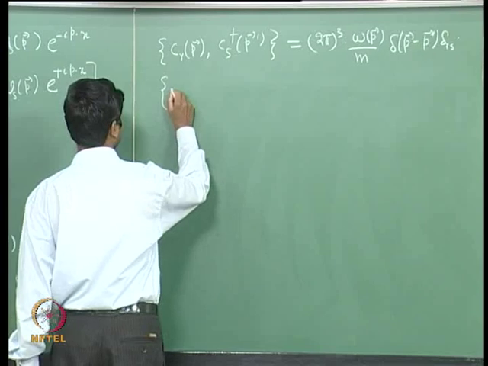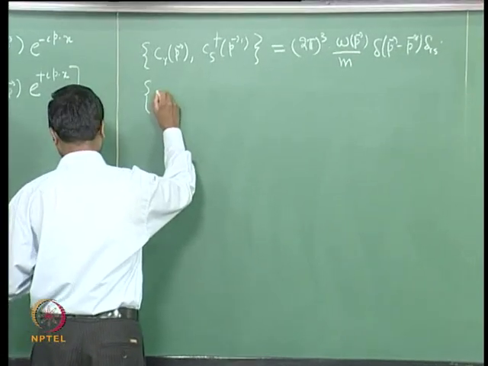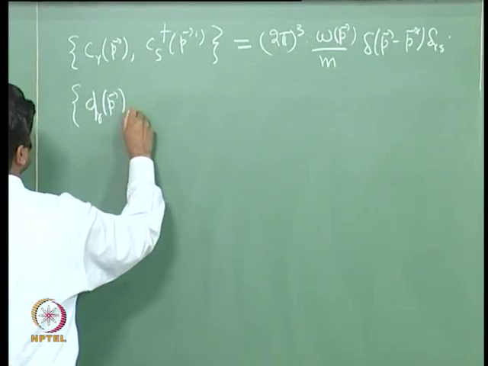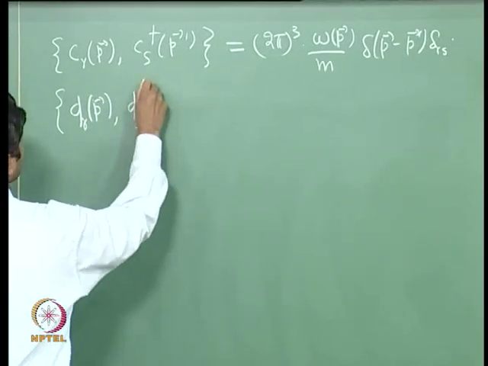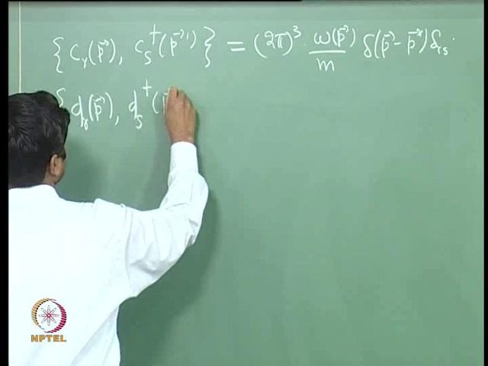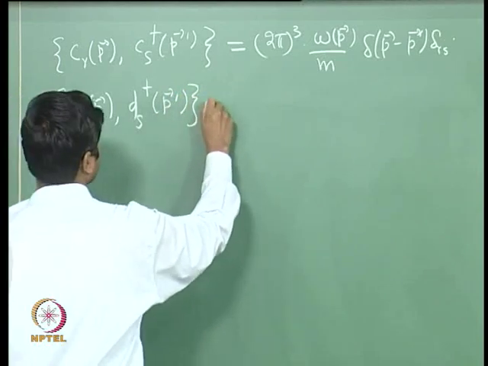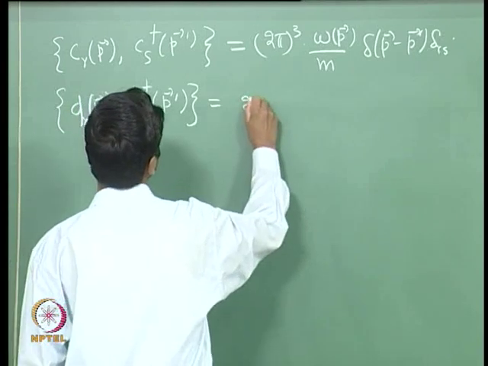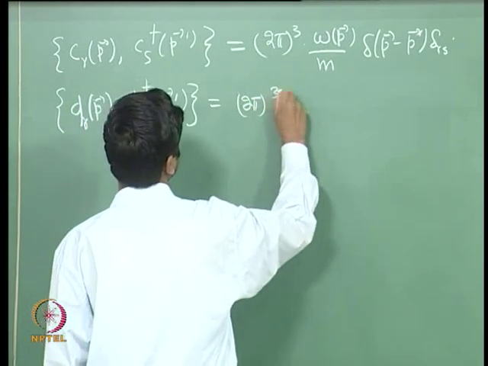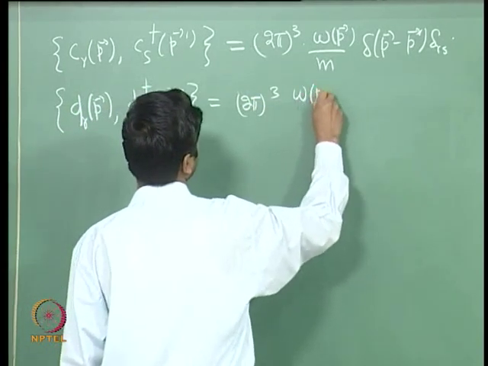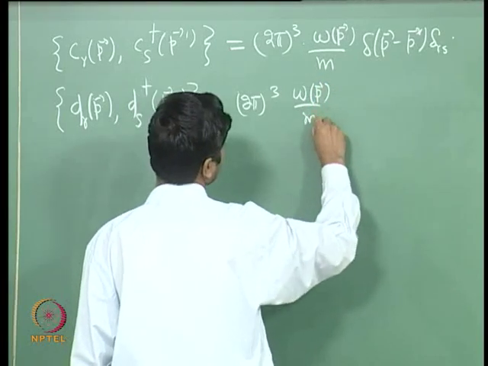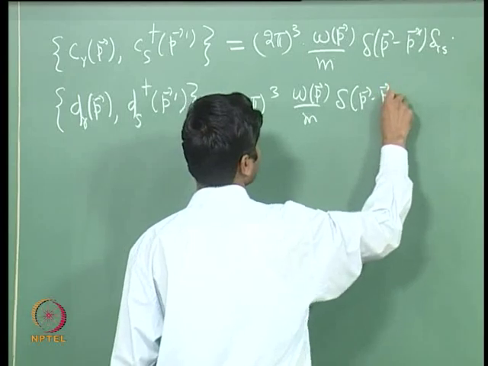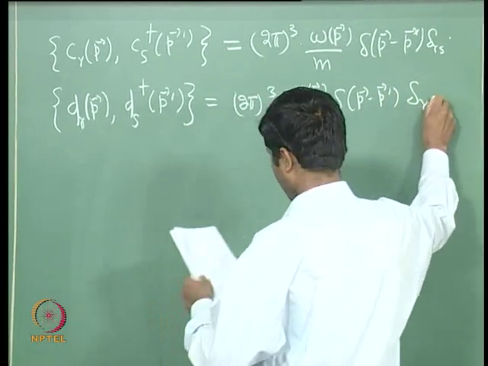And similar relation for the D's: d_r of p, d_s dagger of p prime is equal to (2π)³ ω_p divided by m, δ(p − p′) δ_rs,